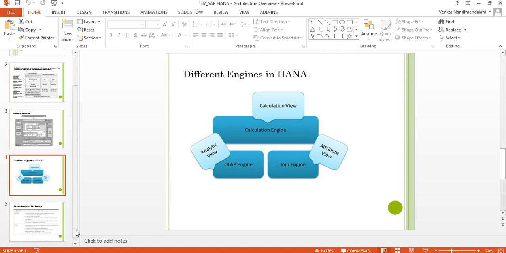In the next session, I'll explain about the persistence layer and the importance of backup and how to do